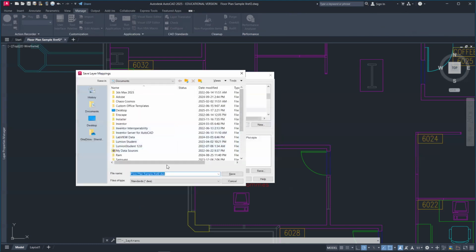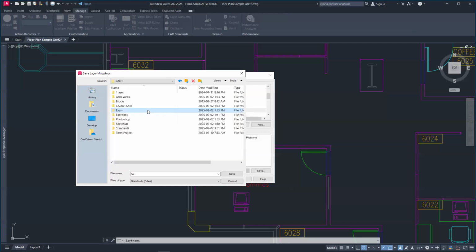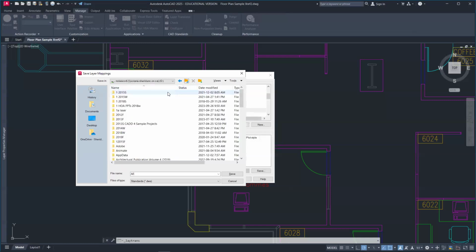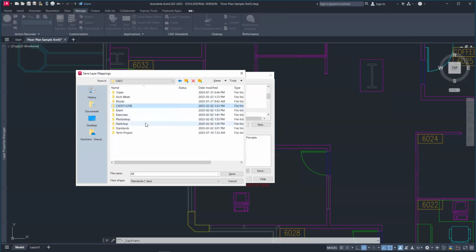So we do that. And then it will ask you to save the mapping information. It's coming from this architectural office. So you can say maybe whatever architectural office this is. So let's just say this is from, let's say, AE architectural office. Okay. So it's going to save as a standard. And of course, you always would like to put it in your folder. So let me just put it under CAD 1, let's say. And my mouse is too fast. CAD 1. And I have here a standards folder. So just save it here,